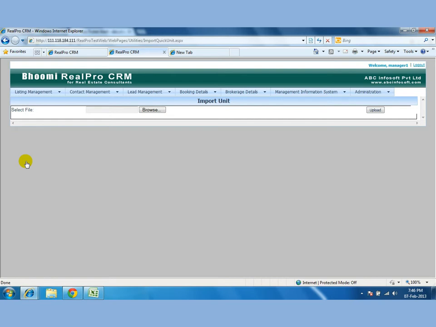Then we also have an option to import quick units. Whenever you are going to start the software, you can always